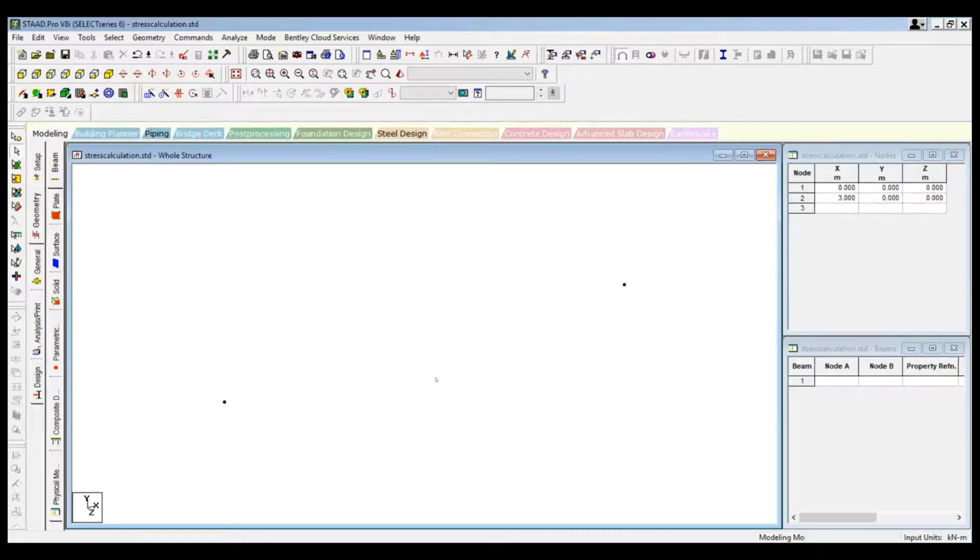I can use the add beam cursor, which is there at the top over here. Click on the add beam cursor and connect the first node and the second node. Once you do that, the beam will be created here in StatPro.